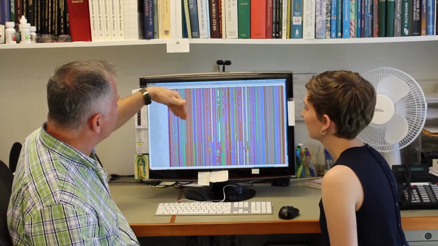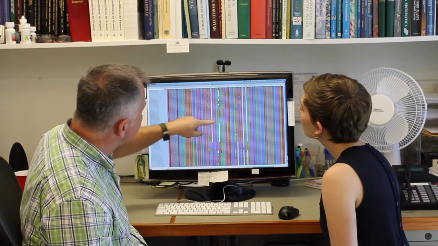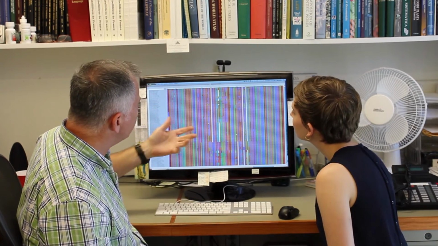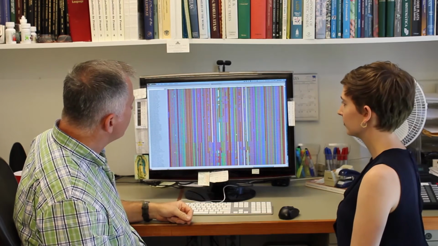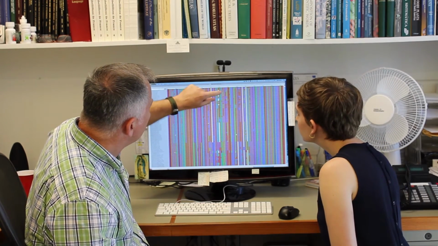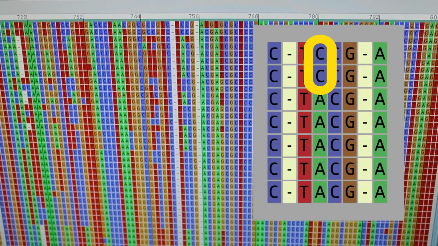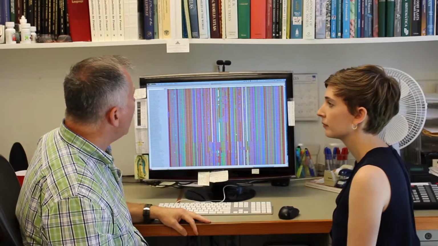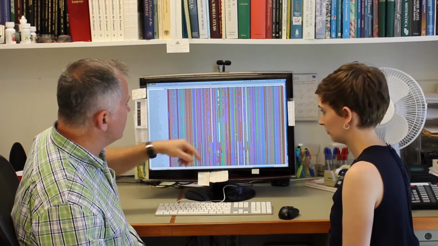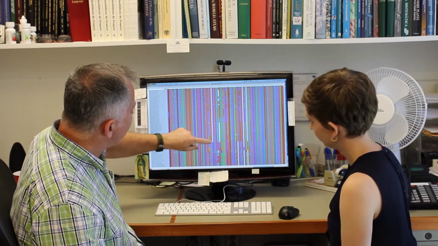So the colors are the same as we saw in the chromatograms, the 4 different base pairs, and then differences in the colors represent the kinds of mutations that we were talking about before. So there can be point mutations, and those are where there's just a little bit of difference between whether it's, for example, a cytosine here in the first 2 or adenines in the next 5. And we can also have length mutations, and that's where the sequences are of different lengths across the entire gene, and we have to line those up.